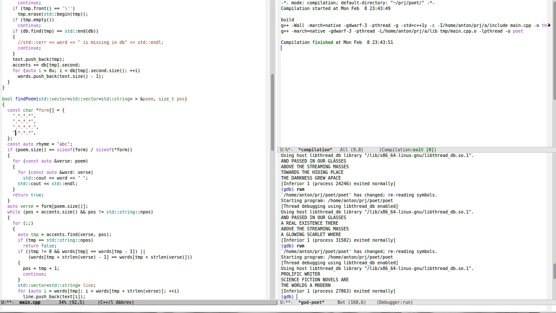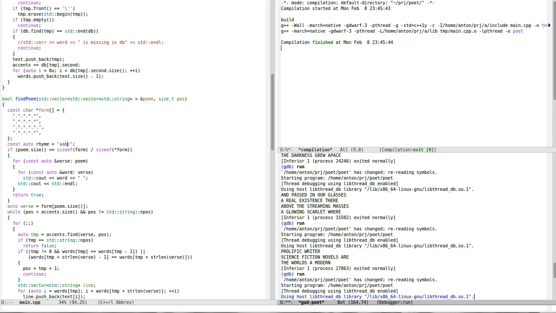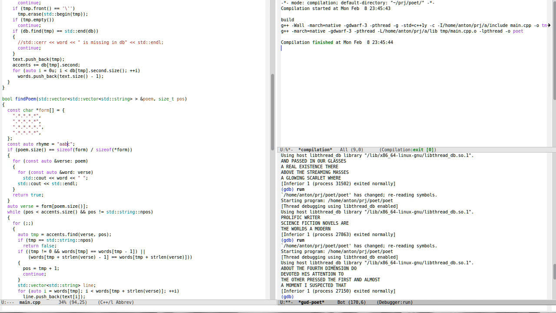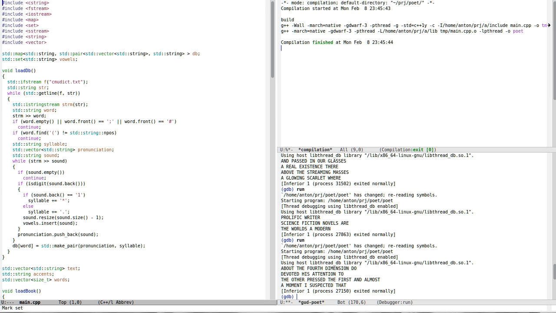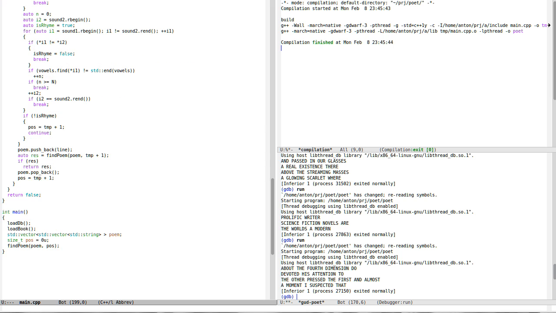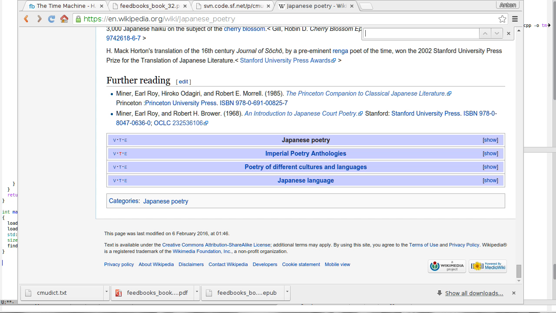So I'm like this, and rhyming form is A B C. About the 4th dimensions too, devoted his attention to, the other pressed the first, and almost a moment I suspected that. So like this, the program is done, and it's not big, it's like 200 lines, and I actually made